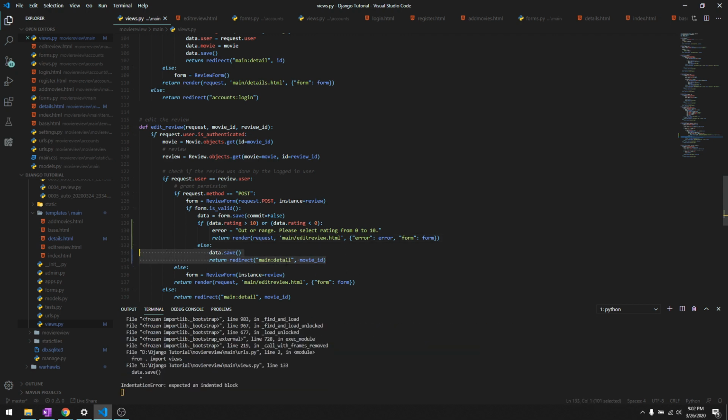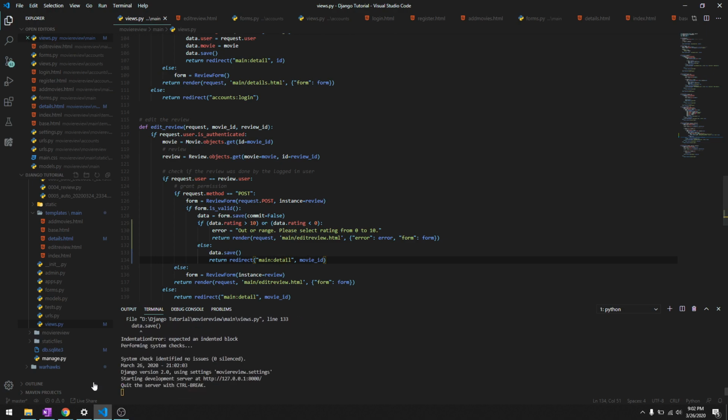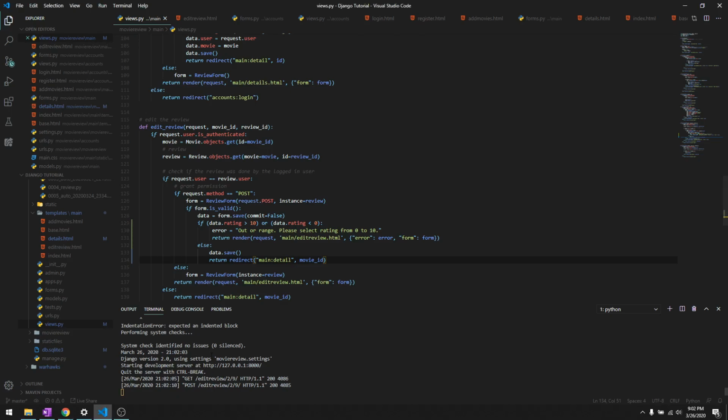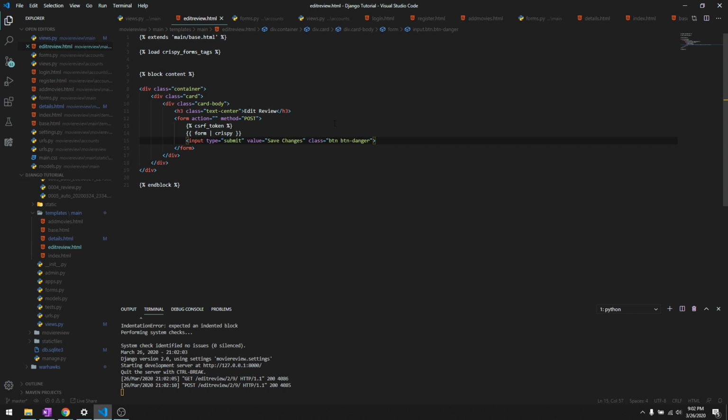Okay, let's see if that works. It should work by the logic. So let's go over here, and then let's try to add 16. Shouldn't do it. There you go. And let's just print out this error message in edit review.html as well. So what we can do is check if there is any error message. So we'll do if error,